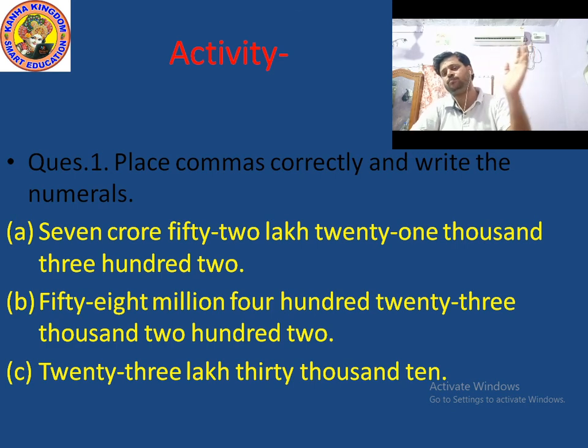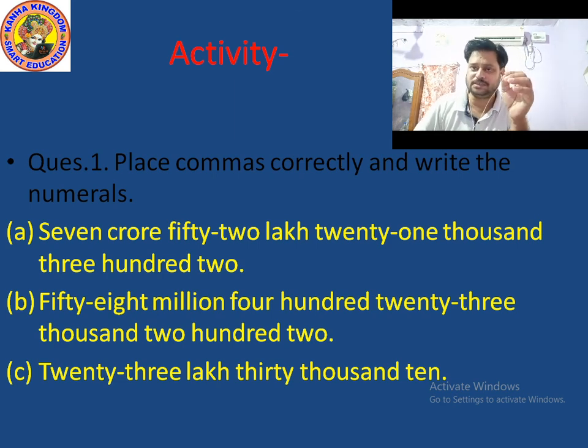So it is very easy to write down all the digits when you write from the left hand side, because the left hand side is the crores period. So it is very easy to write all the digits in a proper way, and after writing all the digits properly, it is very easy to insert the commas. Clear? Now B part is